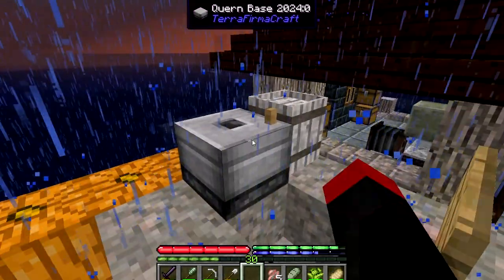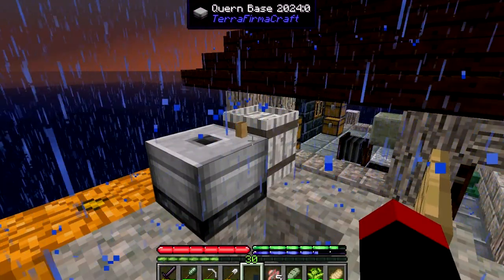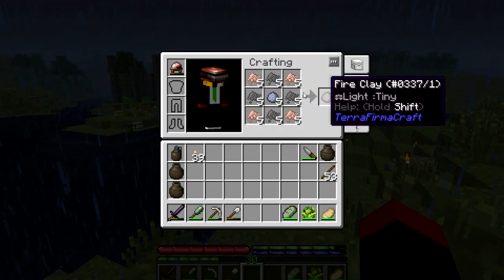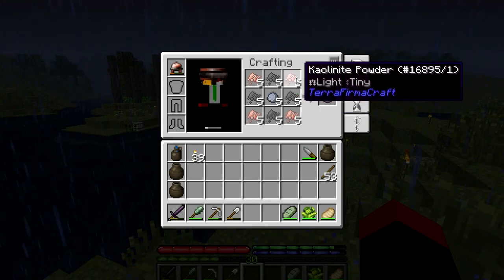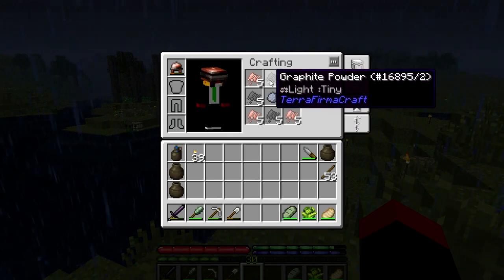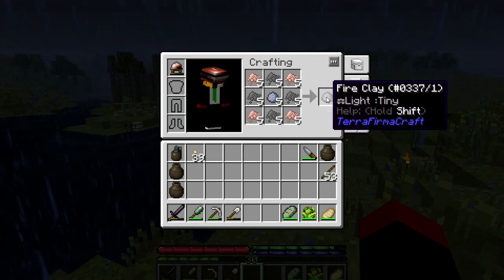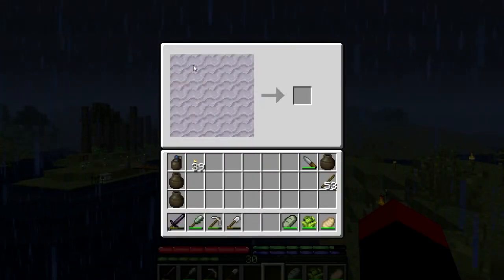Right, I need to go gather some more clay. But basically, once I've got all this, we can make fire clay. So basically, 1 graphite turns into 4 graphite powder, and same for the knolite. So it's 1 clay to 1 graphite to 1 knolite, and you get fire clay. Then if you take 5 fire clay and right click and do this,